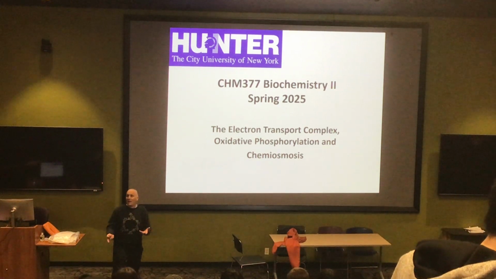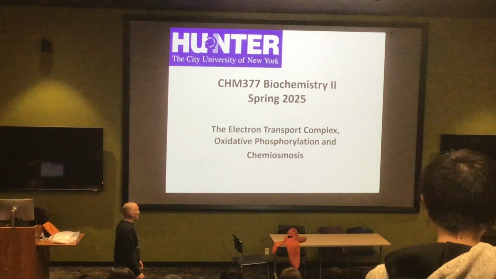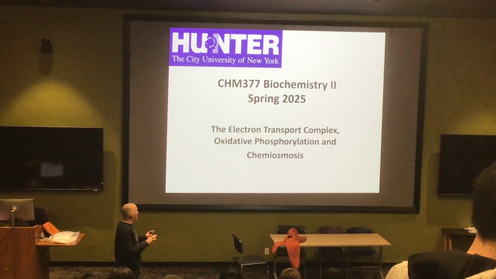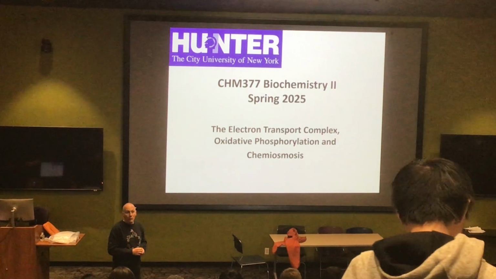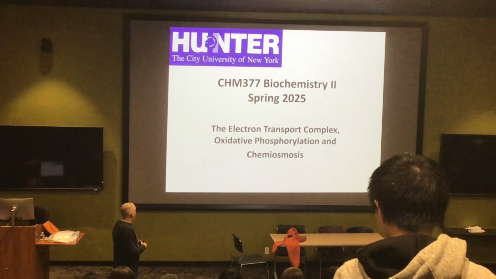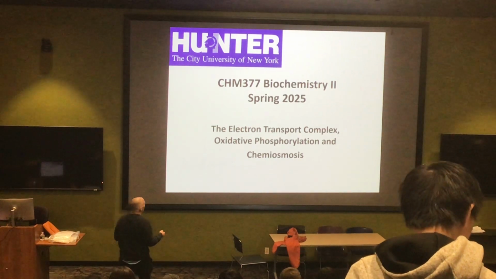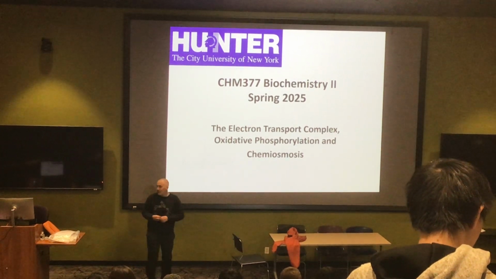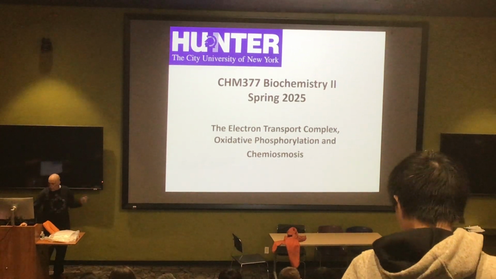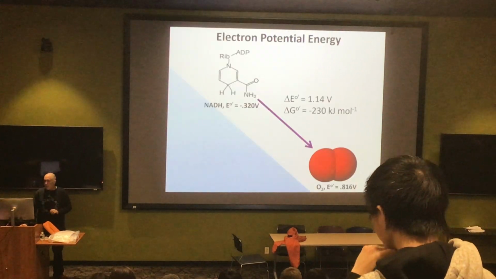We're going to talk about what today really is the end of the line for glucose metabolism. In our next lecture after this, we'll start to bring in other molecules. We've already done a bit on amino acid oxidation, so we're going to get into that, and focus most of the rest of the time on how lipids are metabolized and also how they're synthesized. But today we're going to be talking about this really cool system called the electron transport complex, oxidative phosphorylation, and chemiosmosis, which, as far as glucose metabolism goes, really is the end. This is where we're going to make most of that ATP that you have to use.